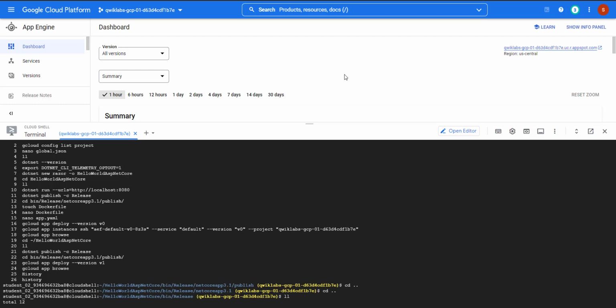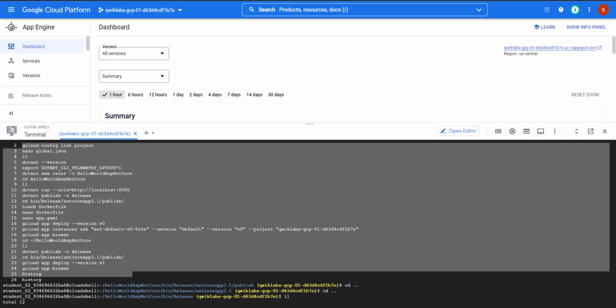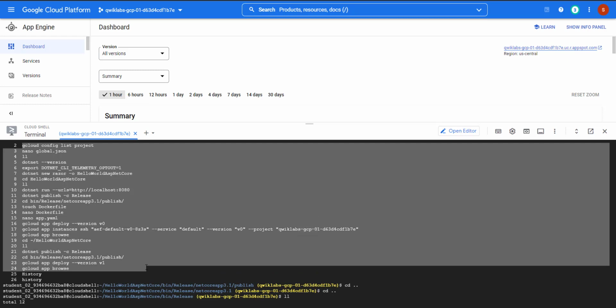You have to learn the process if you are working in a .NET environment, because this is a containerized solution which I just explained over here. So you need to follow the steps in this Cloud Shell. I just noted it down. These steps show how a containerized, Docker based application is deployed in App Engine flexible. So .NET is only supported in App Engine flexible. You will keep that in mind.